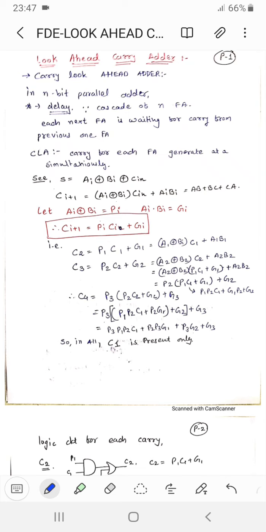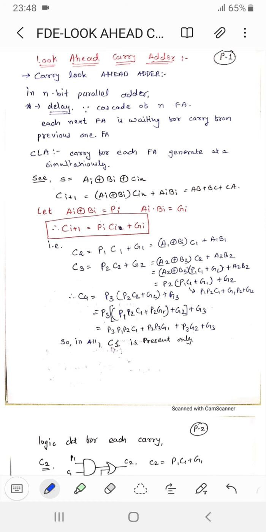Dear students, today we will discuss in this lecture the look ahead carry adder. Before this lecture, we have already seen the half adder for addition, the half subtractor for subtraction of one bit, then the full adder and full subtractor. Then in the next phase we saw the parallel adder, parallel subtractor, and the parallel adder cum subtractor using the two's complement addition and subtraction circuit.